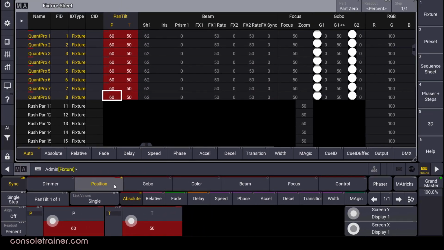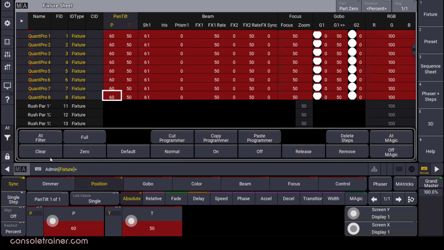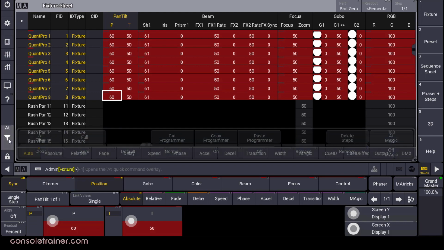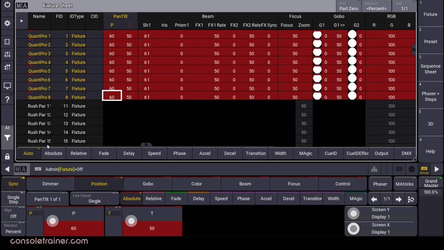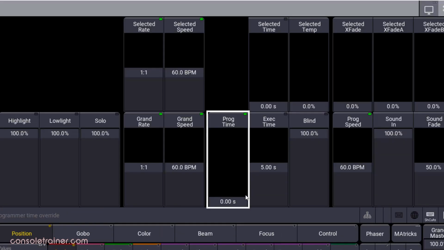If I tap on the name of the feature, I can still deactivate or activate the values in the fixture sheet, just like MA2. We can still select fixtures and hit please twice to activate all parameters. And now is a good time to mention that the clear key still has the same 3 levels that we remember. We also still have off that we can use to remove an individual attribute or feature or fixture from the sheet. And of course, blind and freeze are also still available to us along with our program time option.